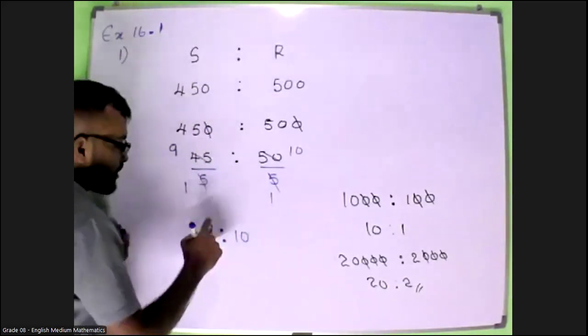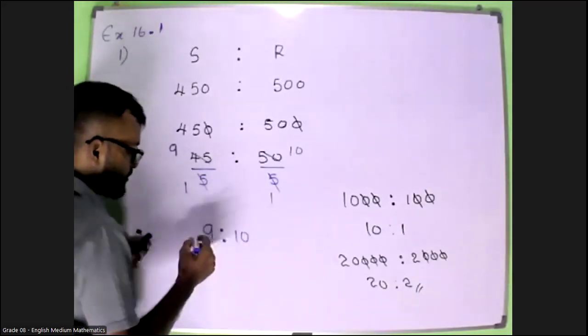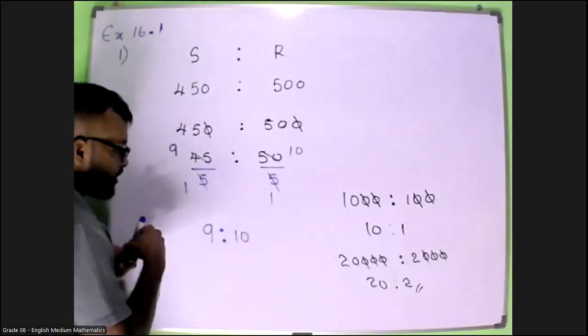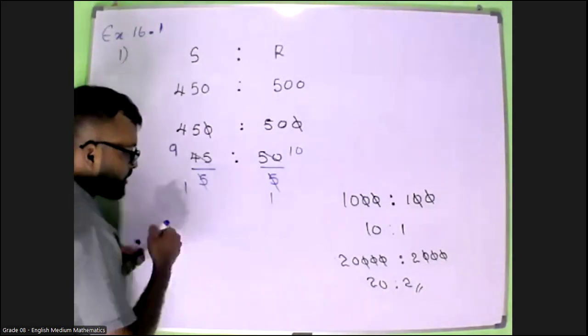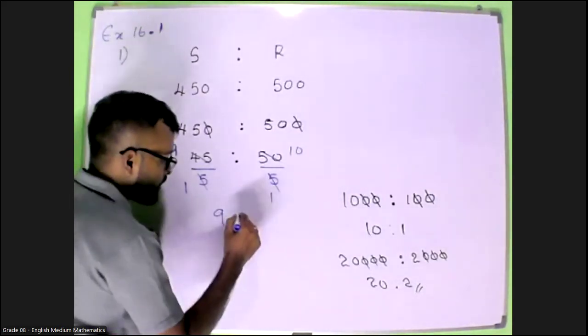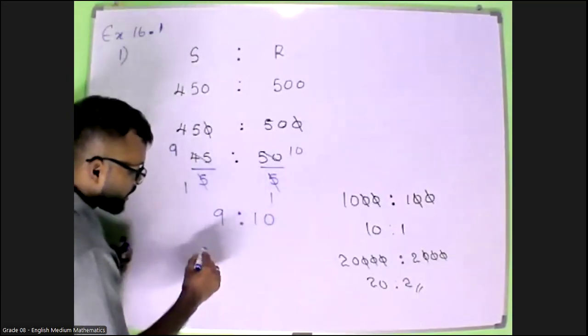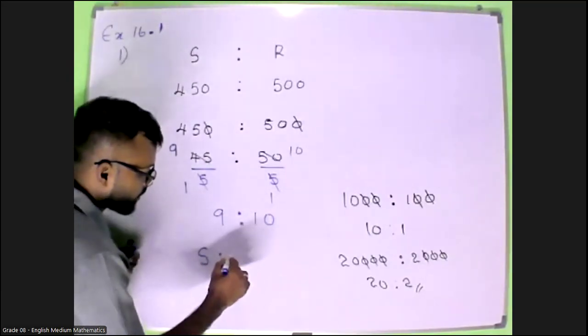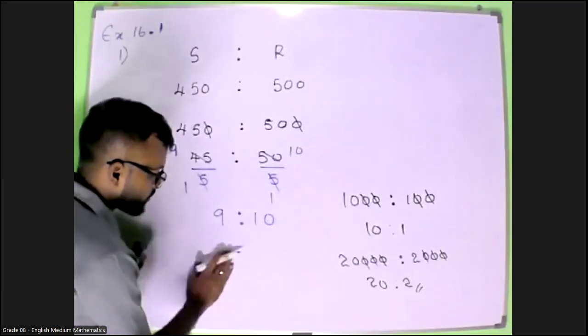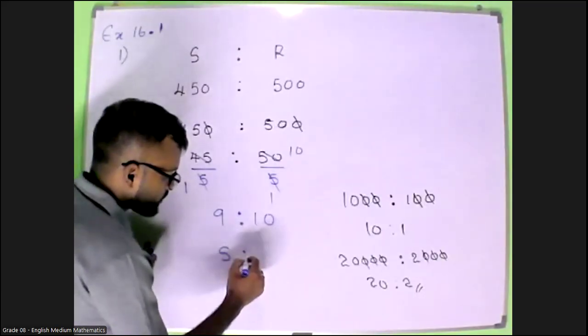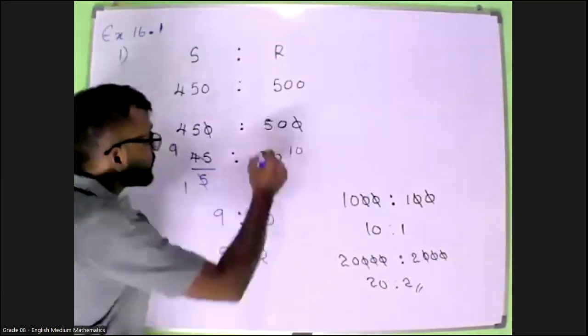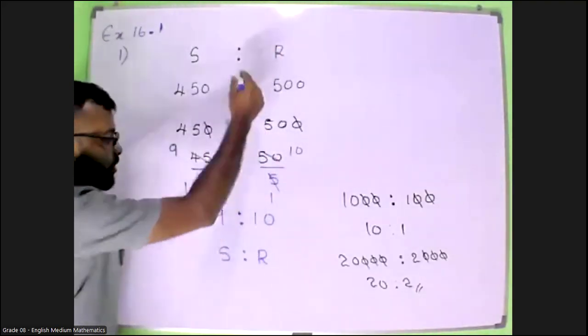S to R, 9 to 10. Right? So if I write it down again in the simplest form, this will give you 9 to 10, and it is related to S to R. So here from here onwards,